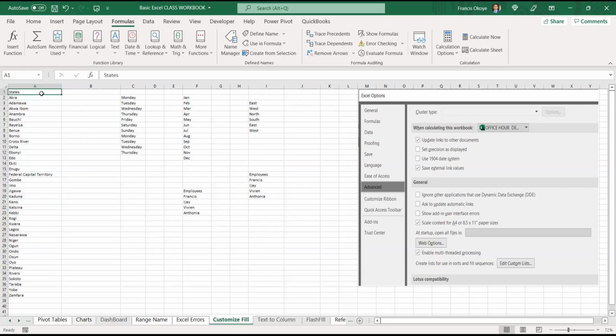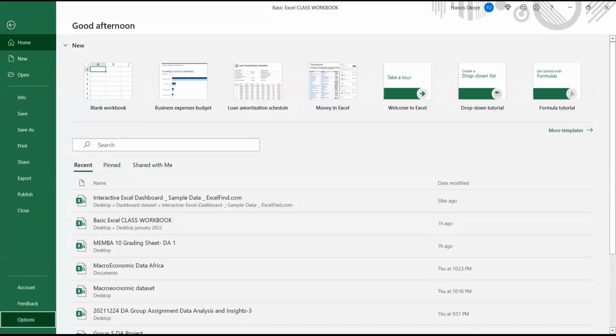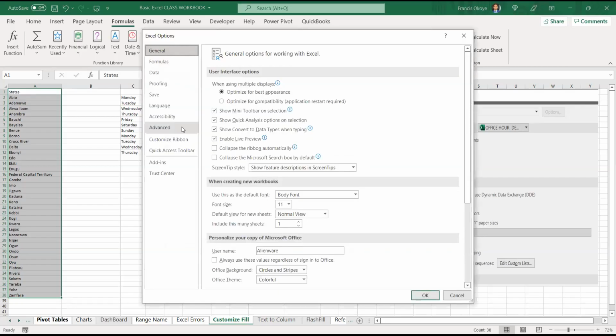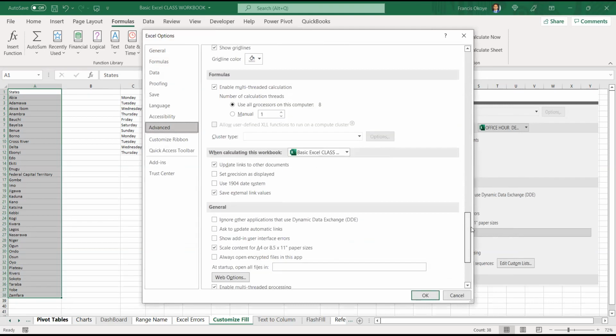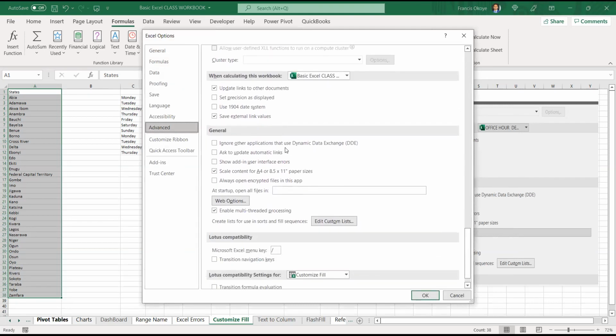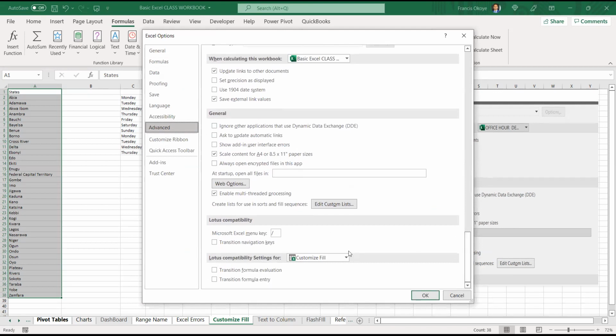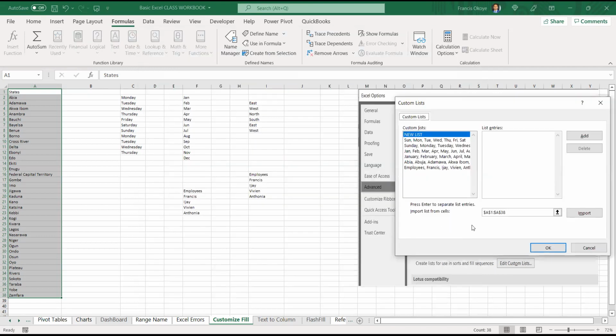So if this is what I want, I highlight, then File, Options, Advanced. Scroll down to the last place, Lists, Edit custom lists.